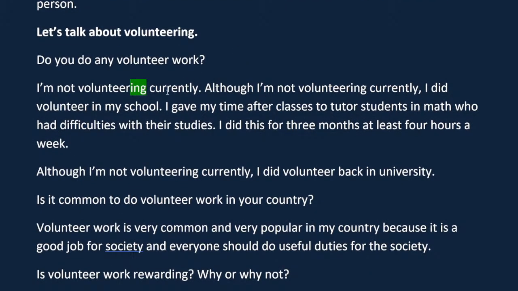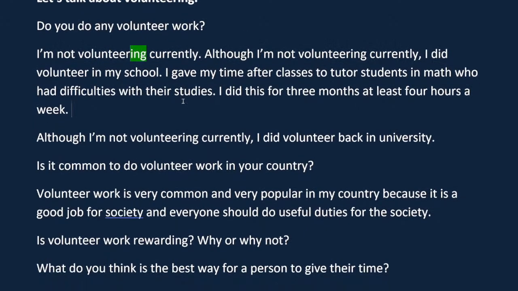Okay, and volunteering, I think, is a big part of that. So today's topic for speaking part 1: giving our time freely to help the world around us. Let me ask you some of these questions. So let's talk about volunteering. Now, Tatiana, I know your English is quite good, so I really want you to focus on using correlative conjunctions, okay? All right. So here we go. Do you do any volunteer work?